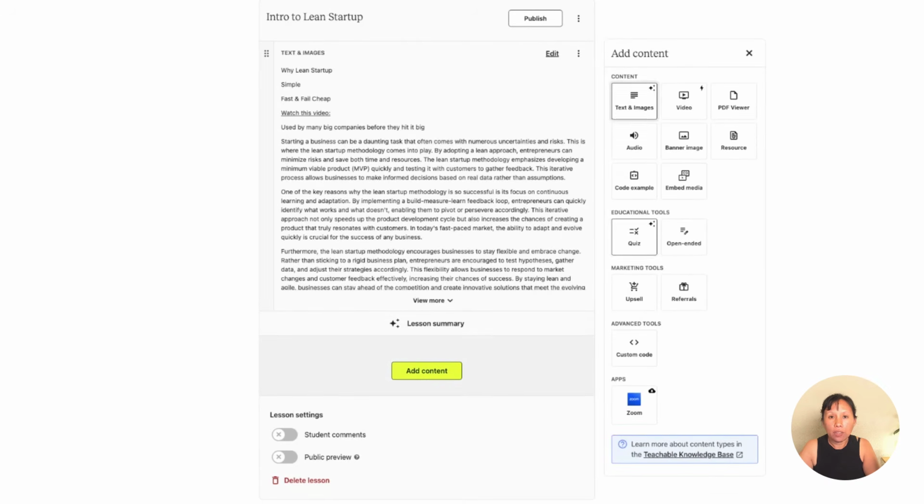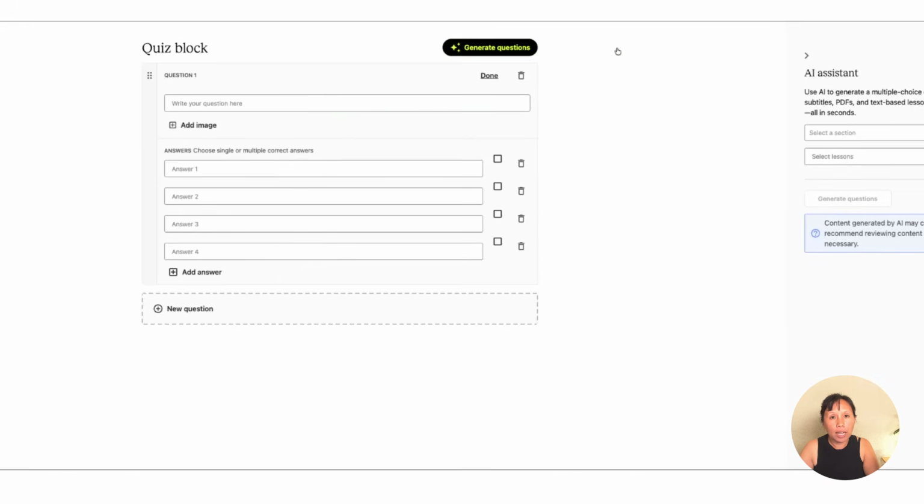And I can even add a quiz. And I can use the AI to generate questions. And this is where it helps the AI if you already have quiz questions, because then they have context to work with rather than just drawing a blank. And so I don't have anything, but let me just say, who has used the lean startup method before? And let's just make up a company that says, I don't know, Facebook,